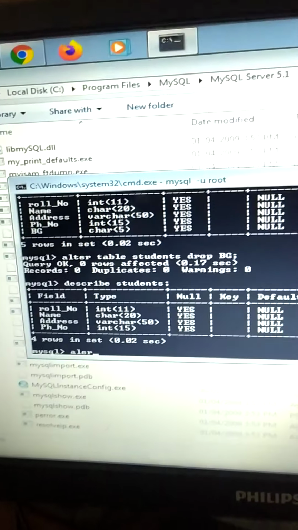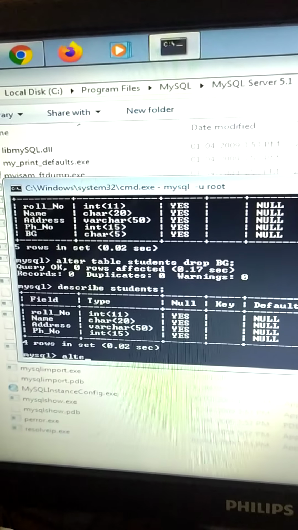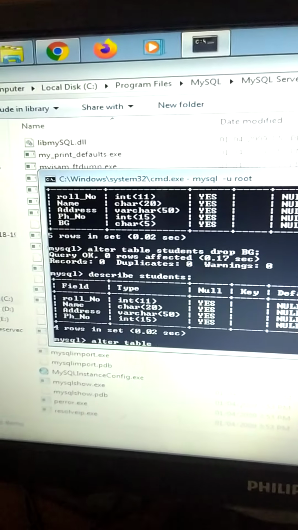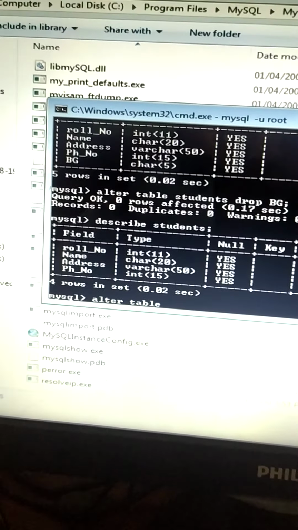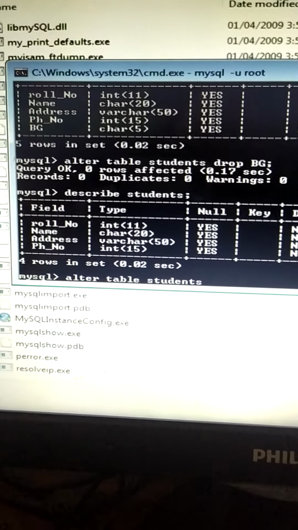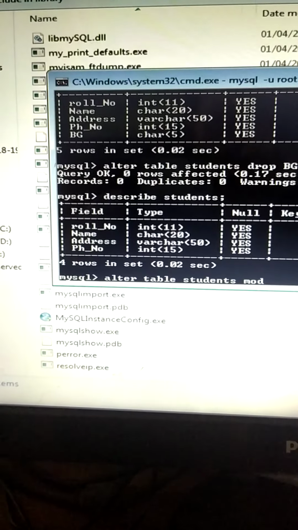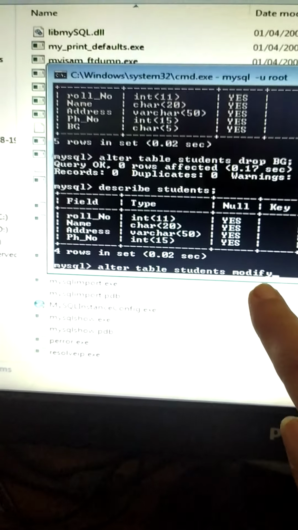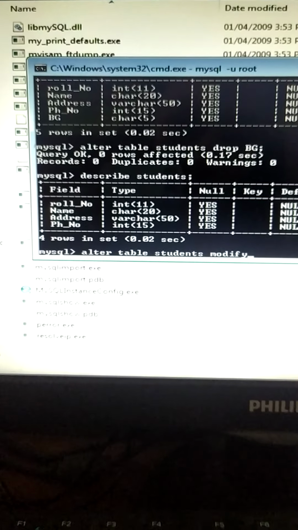Alter table, the table name. What is the table name? Students. S-T-U-D-E-N-T-S. Students. Modify. Alter table students. Modify. Then column name.